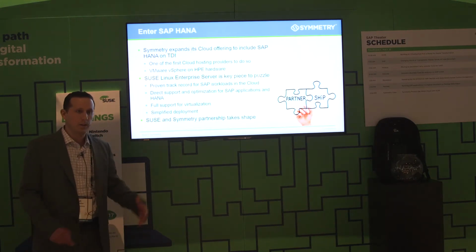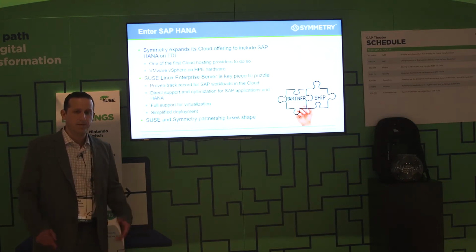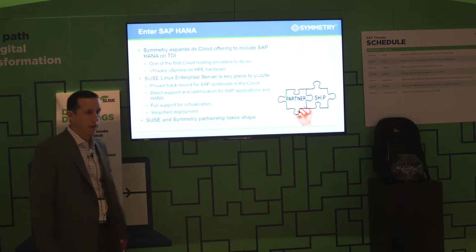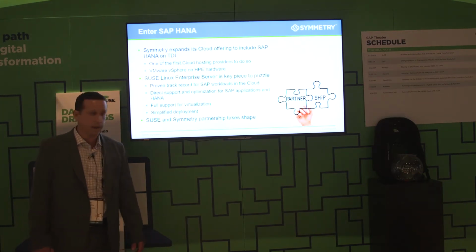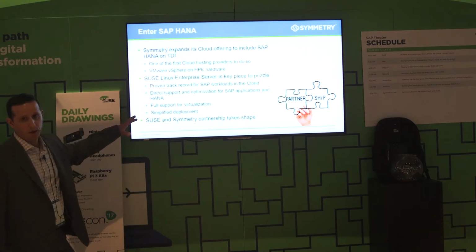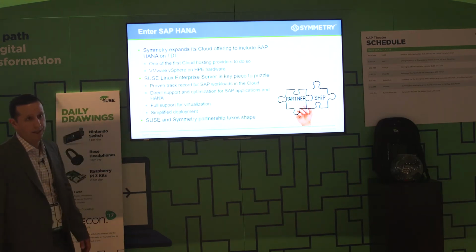All of that careful crafting and configuration is for naught if the OS isn't exactly what it needs to be for HANA. And SLES for SAP has been that for us right out of the gate. It has a proven track record for SAP workloads. I've had a lot of hands-on experience with this OS myself,